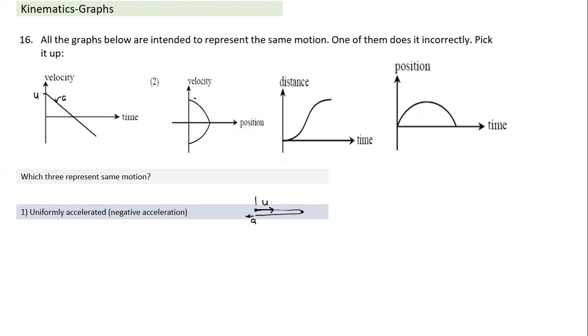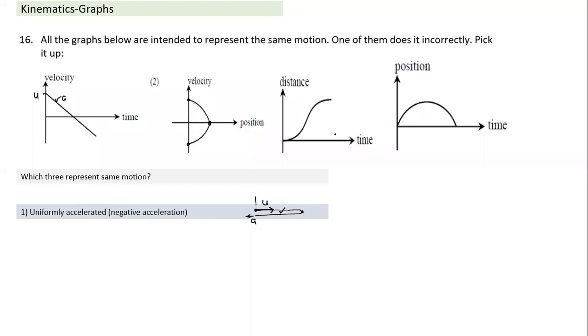Coming to the second case now. What we notice here is that when position is 0, its velocity is positive. And at the same position later it becomes negative also. So at every position, it has positive velocity as well as negative velocity. It means it passes every position twice. And when do we have this kind of motion? It's similar to the previous motion. There's a particular position it doesn't go beyond. It moves up to a maximum displacement, which is given by this position, and again comes back. The second motion is also the same as the first motion.